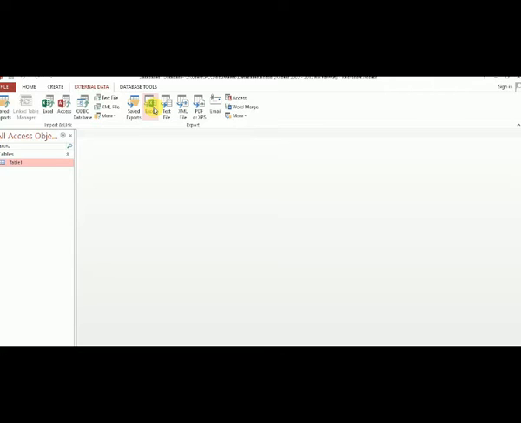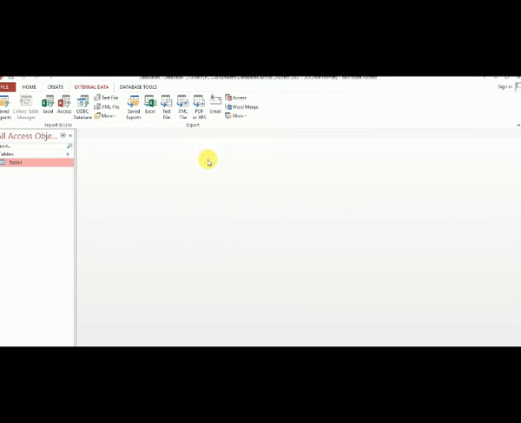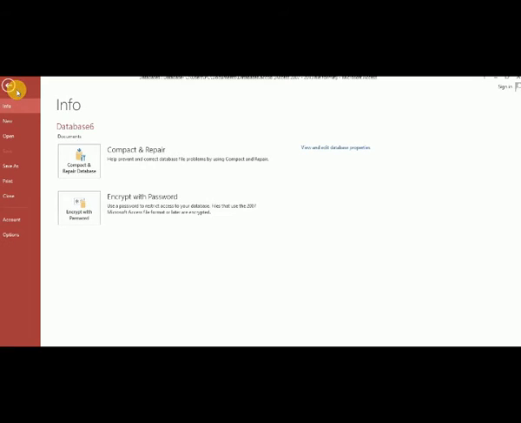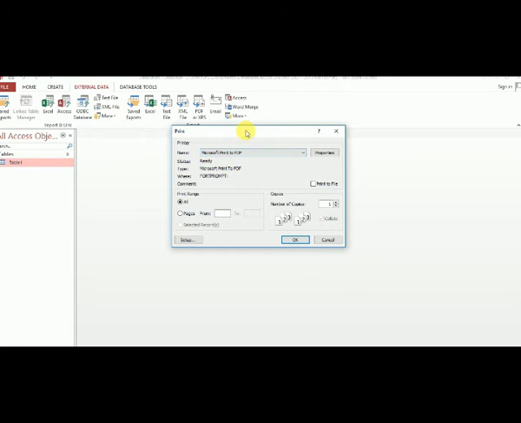It's called import. Okay, so it is also printing the data content in a database in a presentable manner using report. Okay, a presentable manner using report. You can also use Control P and print this database. Okay, or you can also use this option, Alt, and print option. Okay, so if you want to use quick print, suppose I want to use quick print or print. Suppose print, and you can also use it.